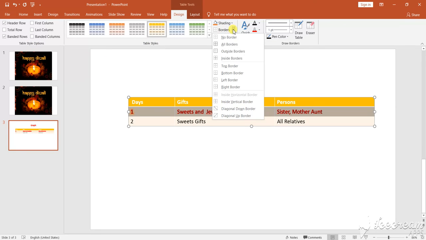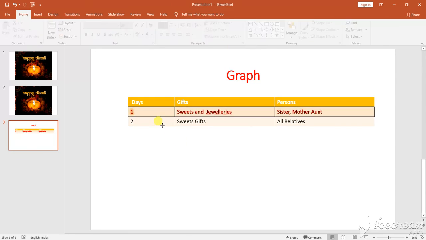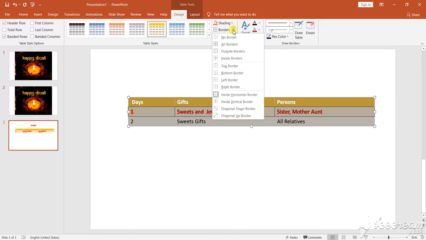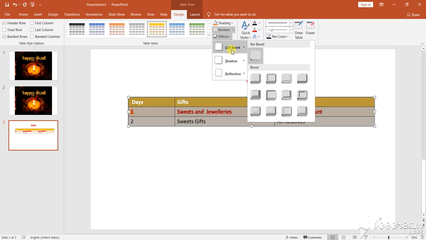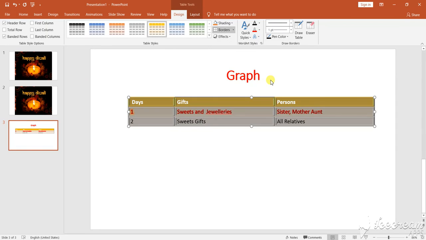So this is the area, that means table style, different types of table style, border style. If you want to give the border, obviously outside all border. So see, the border came only this much. Why? Because I didn't select the total table. If I select the total table, now you can give the border, all borders is given. Now effect, what type of effect? Bevel effect, there are different types of effects. These effects you can give.